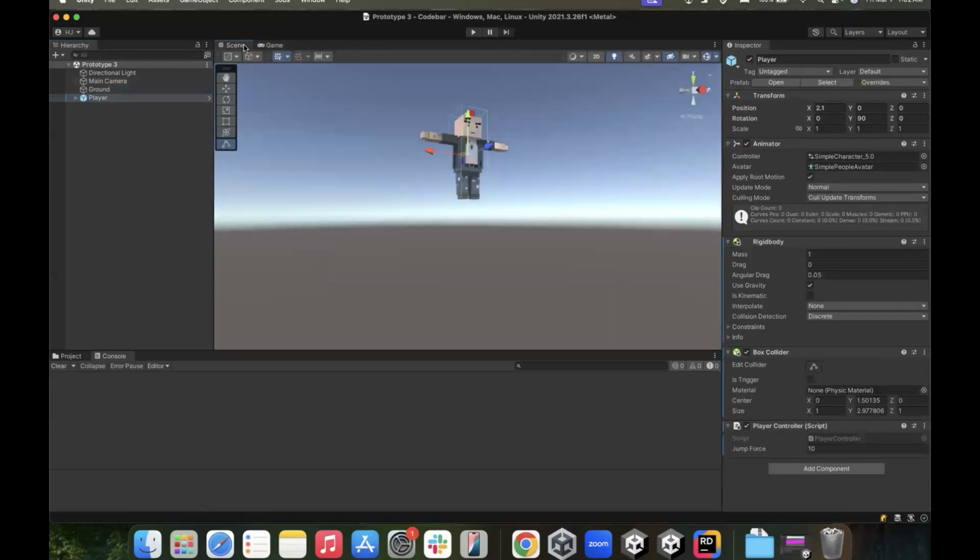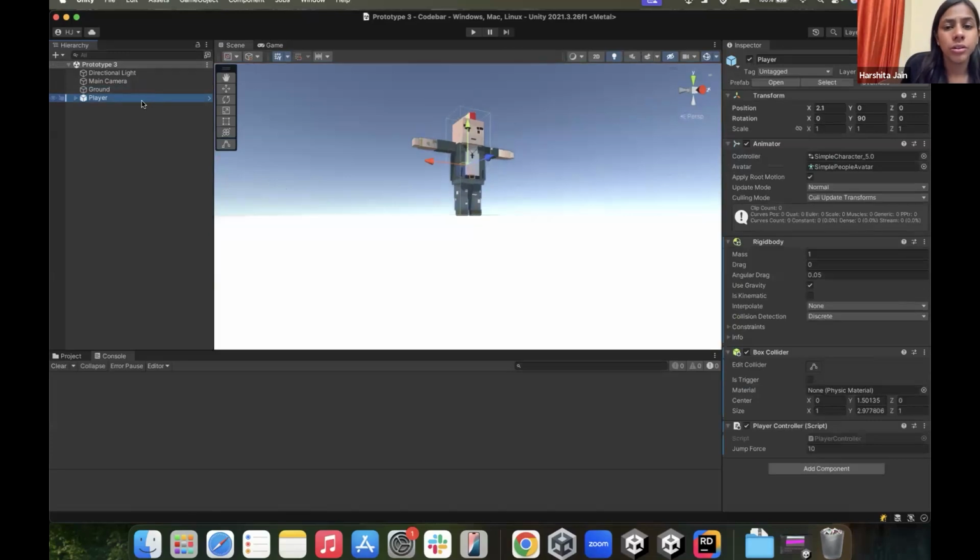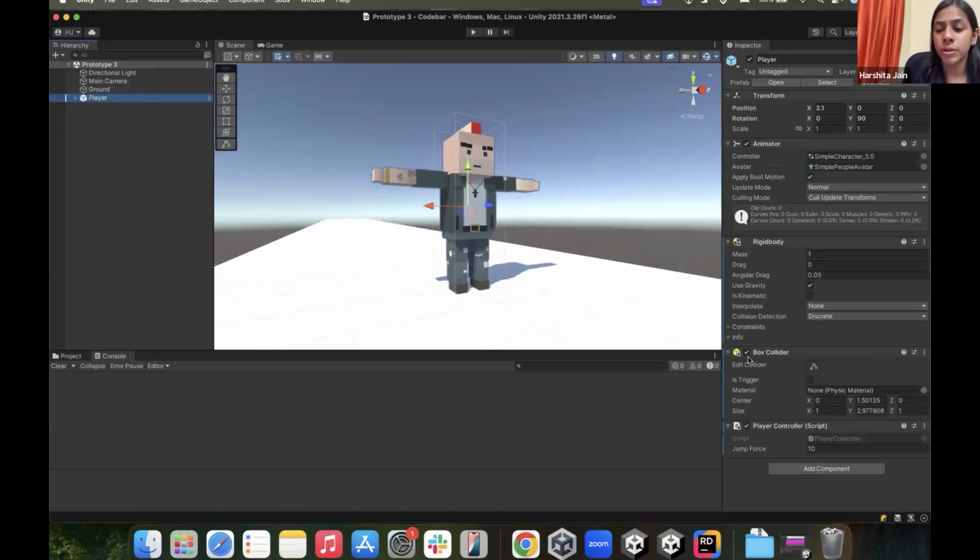So for me, I have that plane, and I've just gone and added a box collider to it, and I noticed it already had a mesh collider. So if you had a plane, there's no need to add a box collider there, right? It already has a mesh collider added to it, and it would more or less serve the same purpose, right? Just make sure that your player, just go to your player, go to the box collider